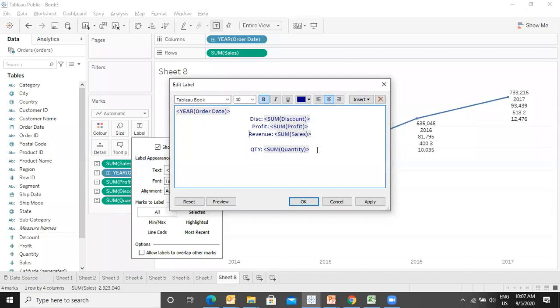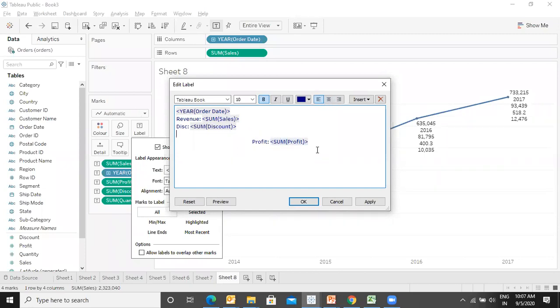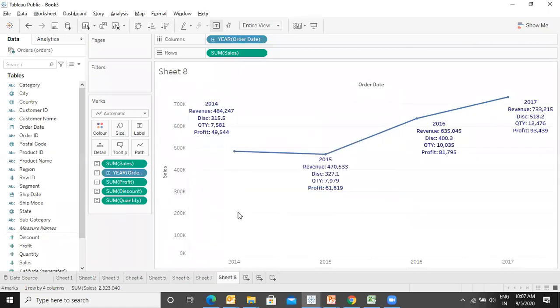Then I want the revenue, then I want the discount. Then I do the cut paste thing, Control X and Control V. I want the quantity, and finally I want the profit, and I want it to be center aligned. Here it is. Say apply and OK. This is how it is appearing.